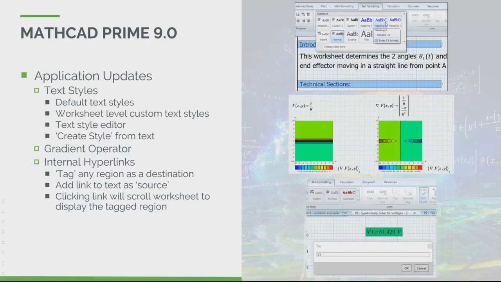By default, Prime 9 contains several useful text styles. Select text or one or more text regions and apply the text style of your choice to format your selection. Add your own custom text styles. Text style formatting options include font and font size, text formatting such as bold, italic, and underline, text and highlight